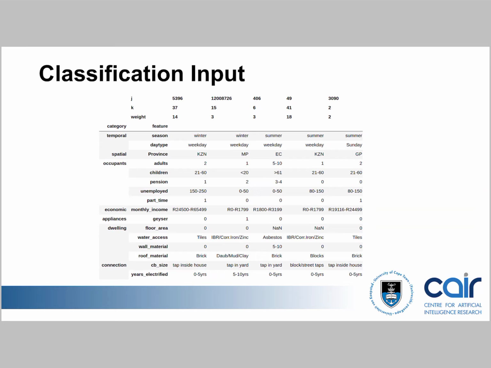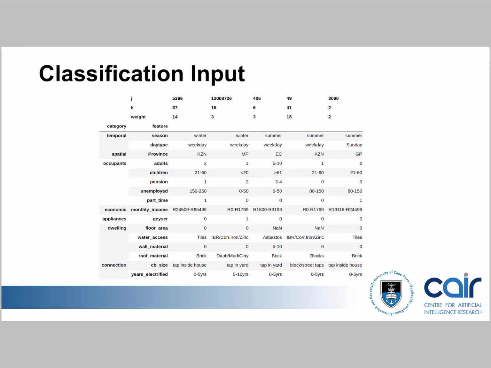So we'd have, for example, a household with ID 5396 with cluster K37, and that cluster would have been used 14 times by that household, which is what the weight is about. And then we'd assign to that household, that cluster, and that weight particular characteristics, like the season in which it was used is winter, day type is weekday, province is KZN, adults is 2, children is